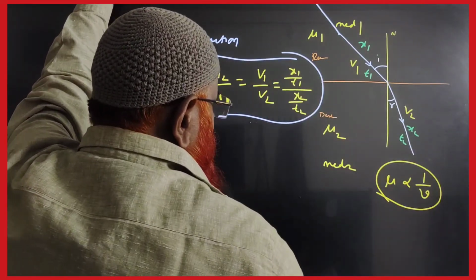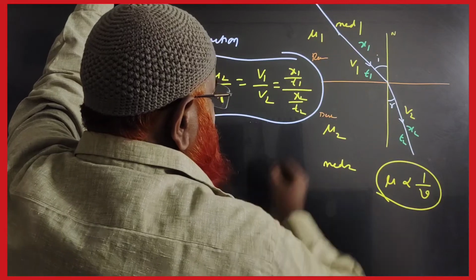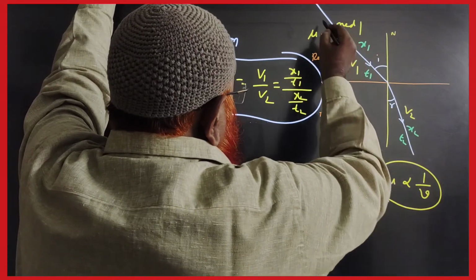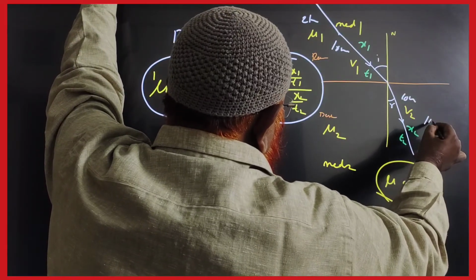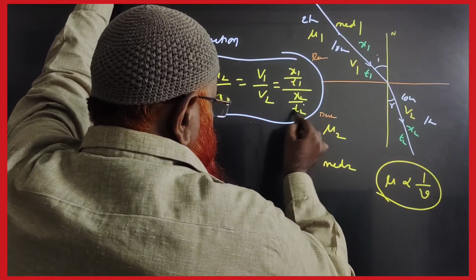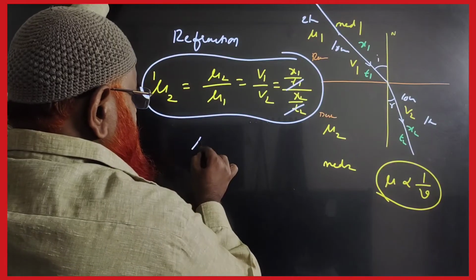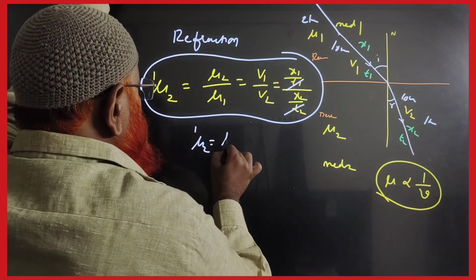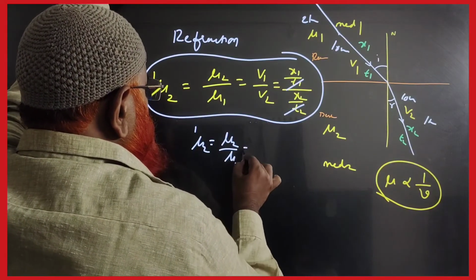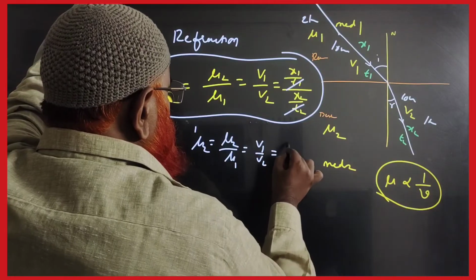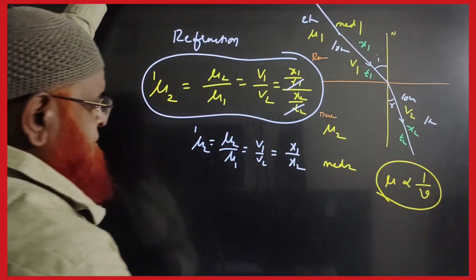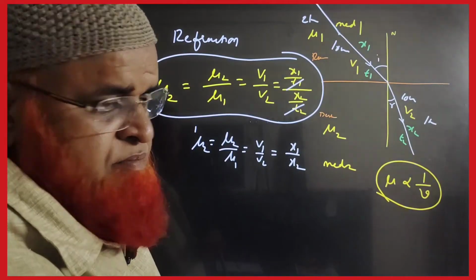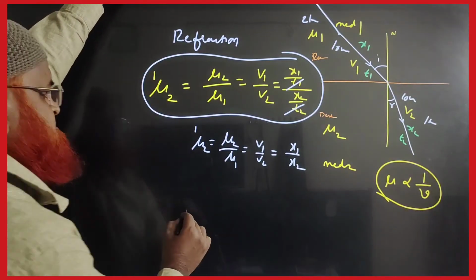ओके और कभी कभी क्या है, मैं क्या बोला 10 मिनट, यहाँ पर 10 मिनट्स में कितने किलोमीटर, 2 किलोमीटर। यहाँ पर भी 10 मिनट में 1 ही किलोमीटर जा रहे हैं, मतलब टाइम सेम है, टाइम सेम हो सकता कभी कभार। सो इट इज μ2 1 is equal to μ2 by μ1 which is equal to v1 by v2 which is equal to x1 by x2। ठीक है, बिकॉज टाइम इज सेम।